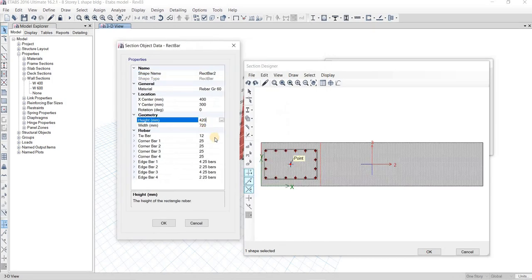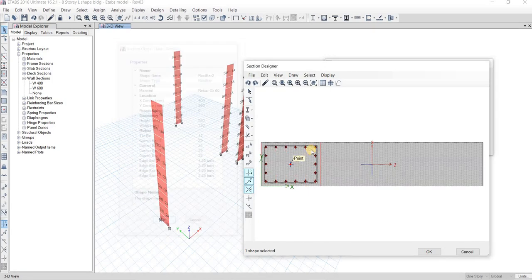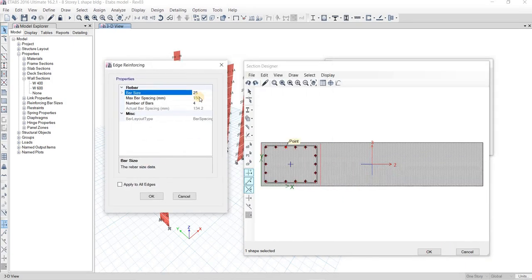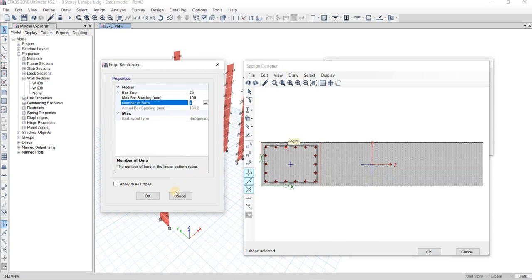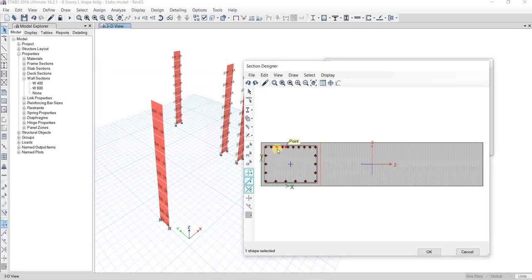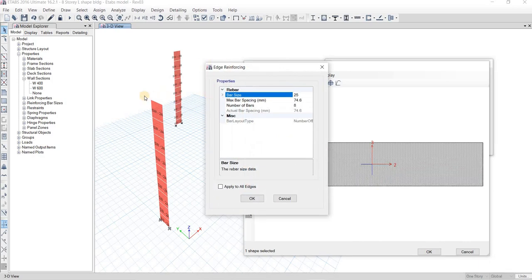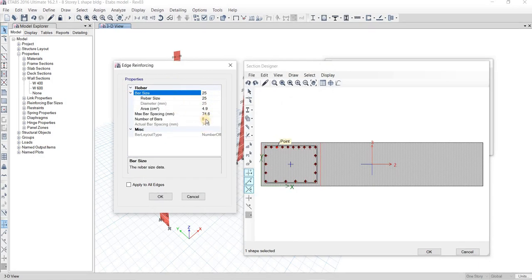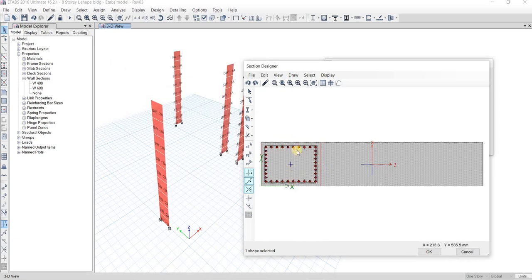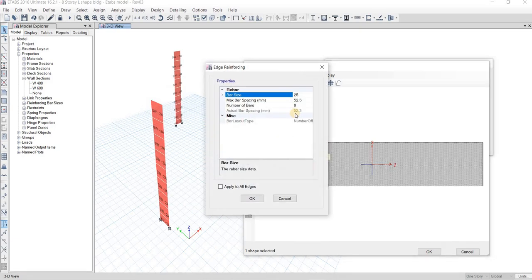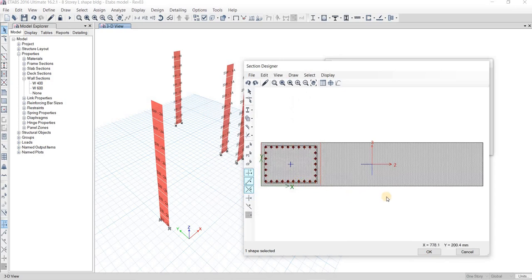No, sorry, 600. So this is 520. Okay. So I will put here 8, 25 mm. This is your bar diameter and this is your 8 number, and I apply to all edges. Then you have your 8, 8. Then, let's say I have here 5 and I have here 5. Okay, so that is the